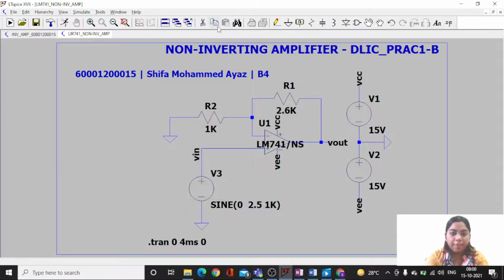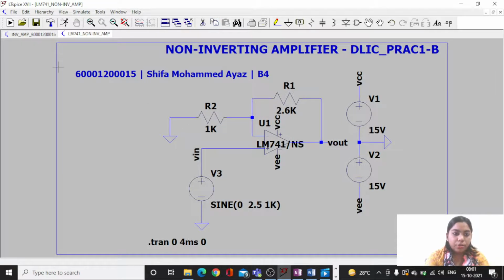I have not built the same circuit again. I've used this copy feature to copy the whole circuit, and I've just included it in my empty drafts, then saved it and simulated it. So I haven't had to keep on adding these components every now and then. I've just copy pasted the existing circuit and built a new one. That's one of the amazing features of LTspice.